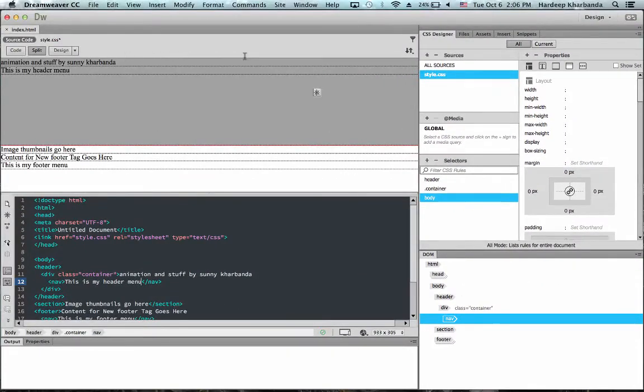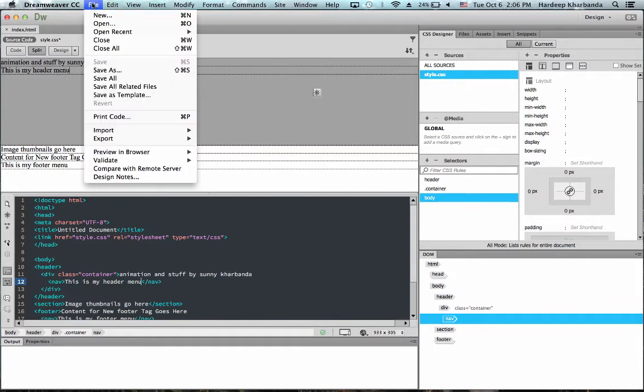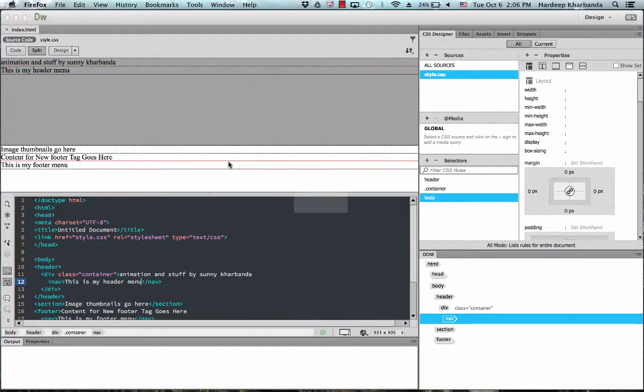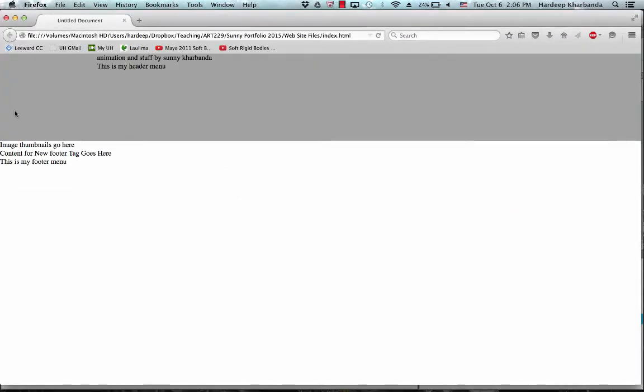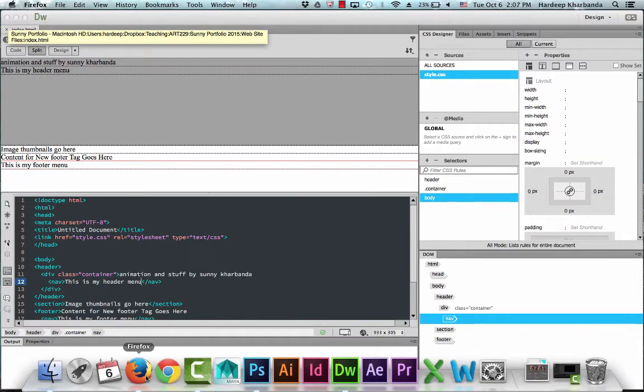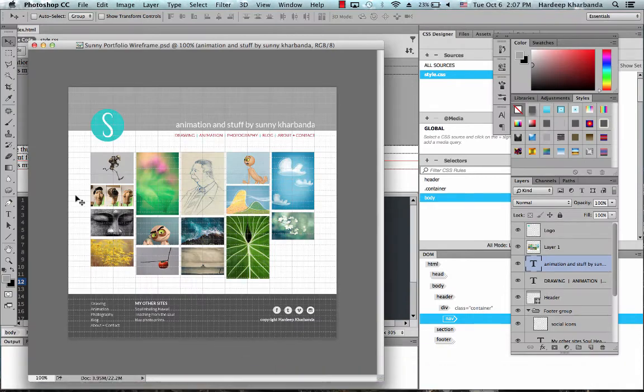No more white space around my header. Let me save all and preview again. Now my header sticks to my window nicely, there's no space around, and that's how I wanted it. Next, I'm going to add my logo, add this space so that it pushes everything down. I have a nice empty space above, and then change the style of my page heading.